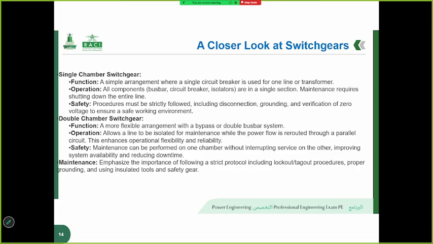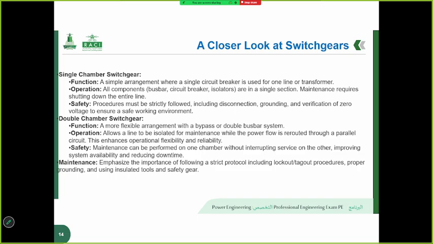For safety, the procedures are paramount. Before any work begins, the line must be completely disconnected from all power sources, verified to be at zero voltage, and properly grounded to prevent accidental re-energization. Double chamber switchgear configurations, also known as double busbar or bypass systems, offer a much higher degree